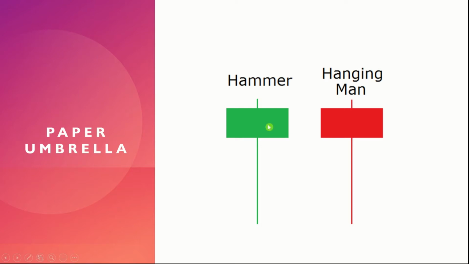So let's have a look at them one by one. As I mentioned, the hammer candlestick is a bullish pattern and this will always appear at the end of the downtrend. To quantify that this is a hammer candlestick pattern, we must look at the tail. The longer the tail is, the stronger the reversal sentiment. Similarly, the hanging man is considered a bearish pattern and it will appear at the top of an uptrend. The longer the tail is, the stronger the sentiment that the market will reverse its uptrend and start moving in a downward trend.